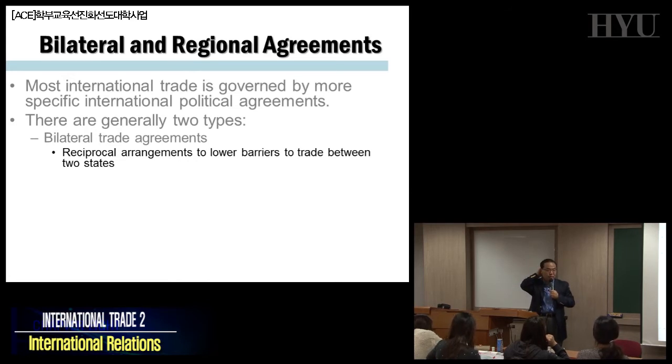We have many, including the Korea-U.S. FTA, which was signed in 2011, right? We had a raging debate on that FTA with the United States. Who benefits more? America benefits more, or Korea benefits more. But bilateral FTA agreements and regional FTA agreements